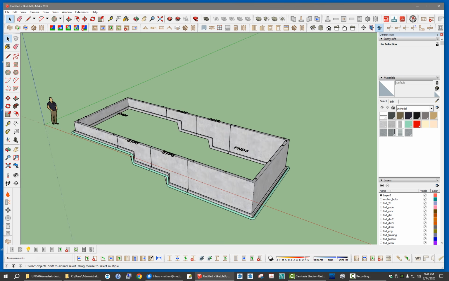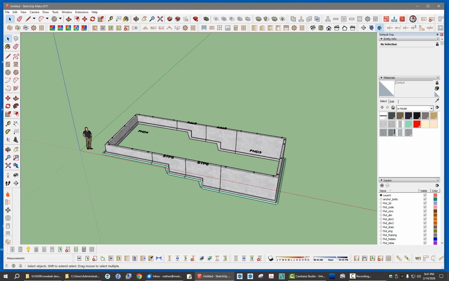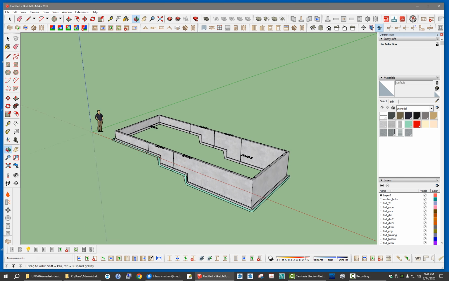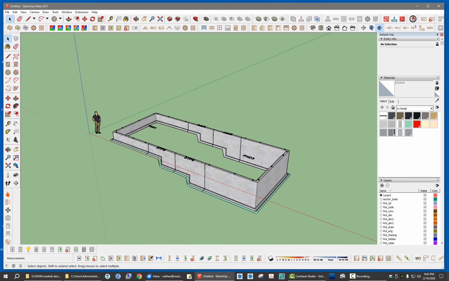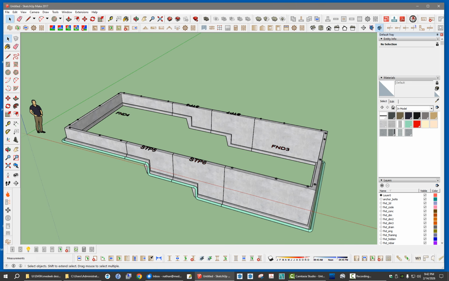Okay, so there's our multi-step or double-step stem wall foundation. And you can see we've stepped twice down to reach this depth of 72 where we started at 24. Okay, so the last thing I just want to show you guys on this pretty much is